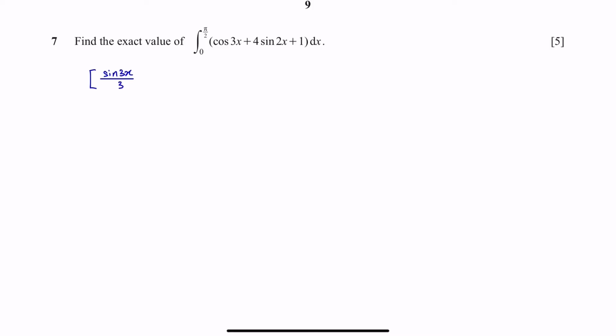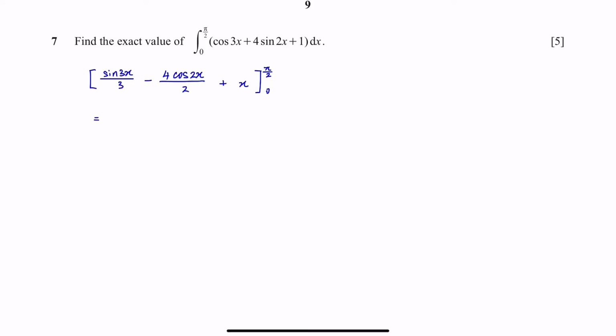So we have sine 3x over 3, and for sine 2x we need to change it to negative cos. So minus 4 cos 2x over 2, and for 1 we just change it to x. So we have this,